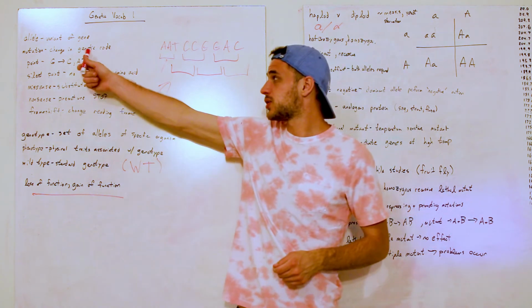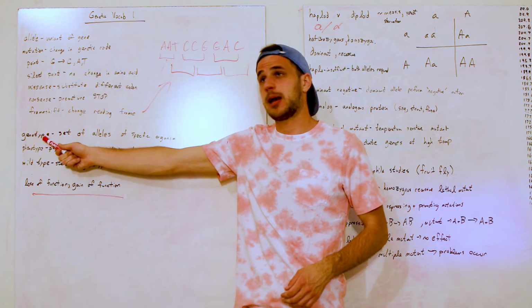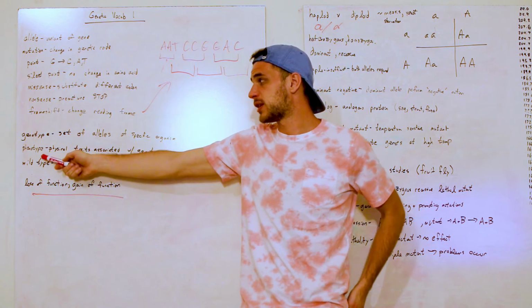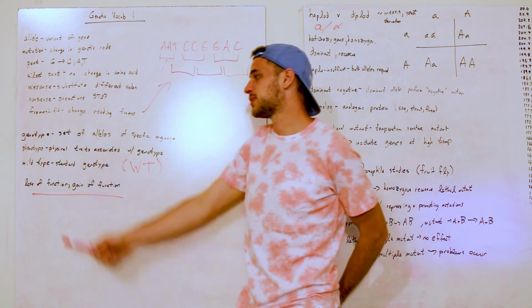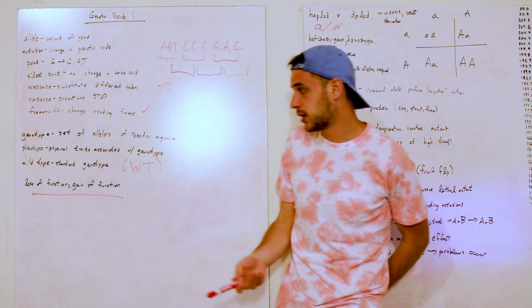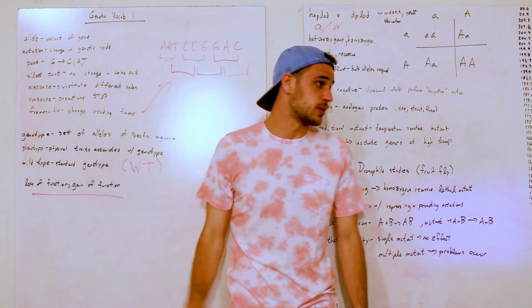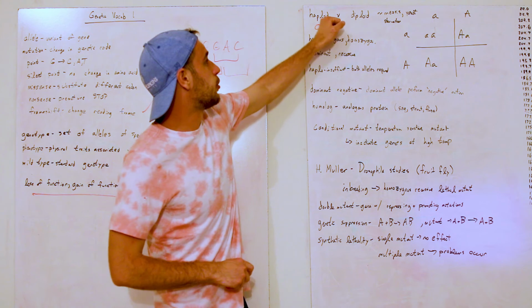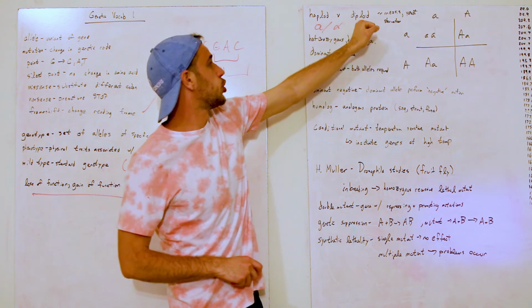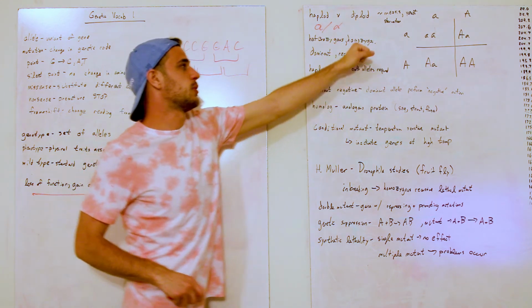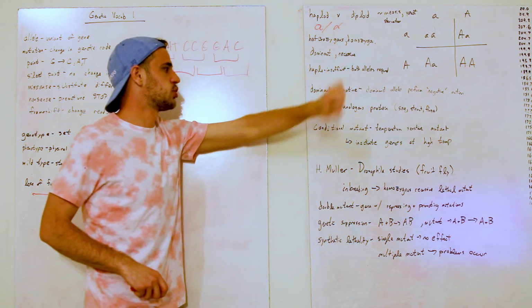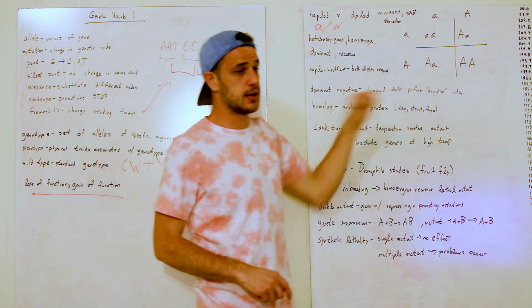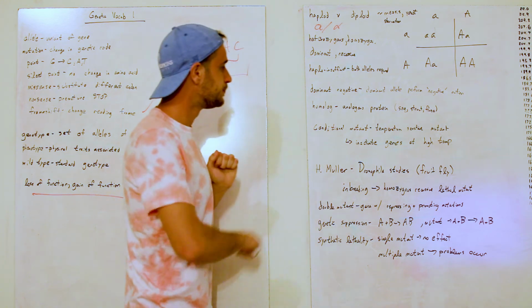You've got alleles, and you can mutate them. You've got genotypes that are the set of alleles, and phenotypes that represent the physical traits of those genotypes. You've got a wild type, which is the general one. You can have loss of function and gain of function mutations. You have haploid versus diploid cells, where diploid is 2 times. You have heterozygous versus homozygous. And haploinsufficiency. You've got dominant negative, like Huntington's disease, which is very bad.